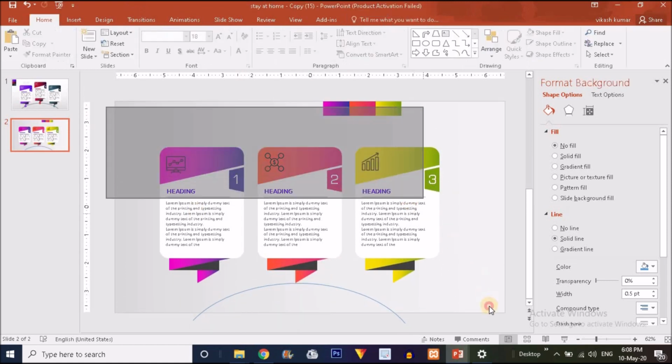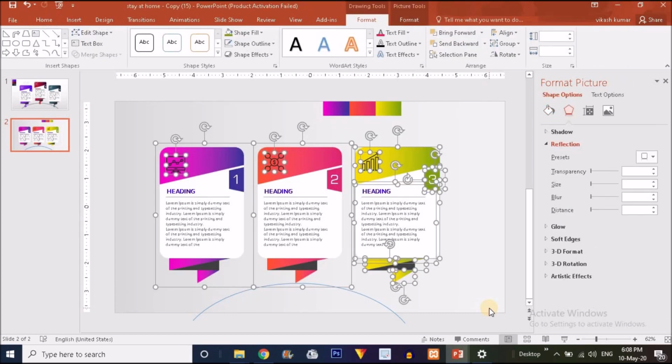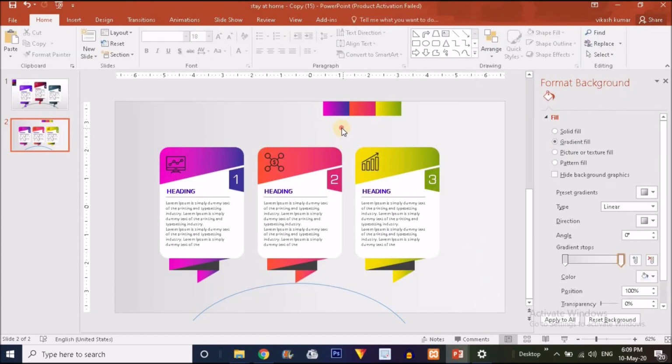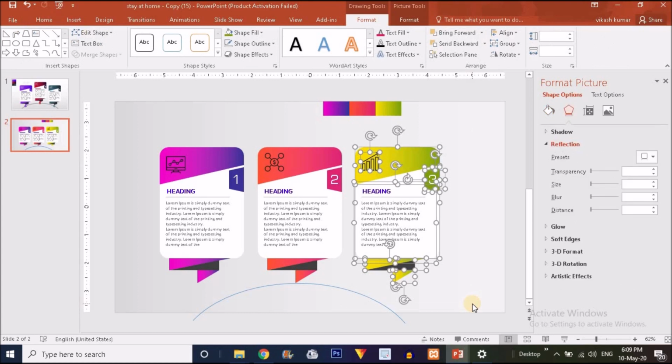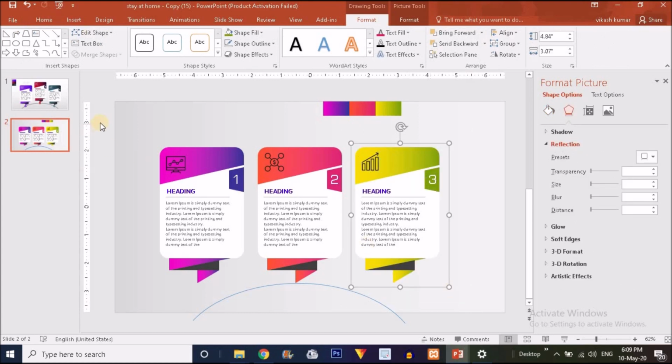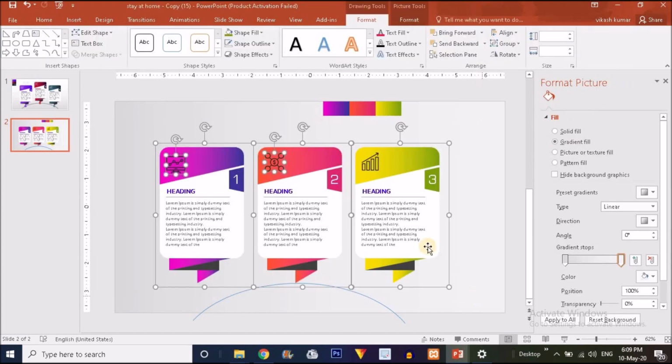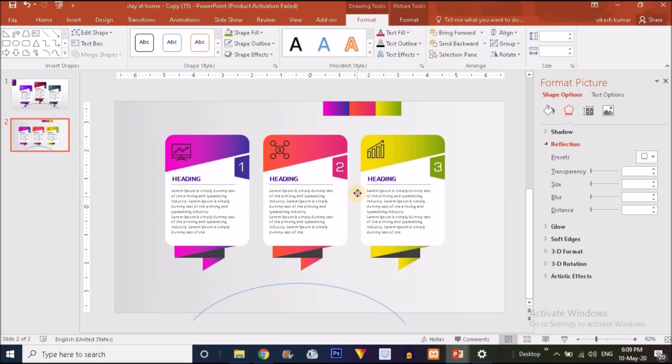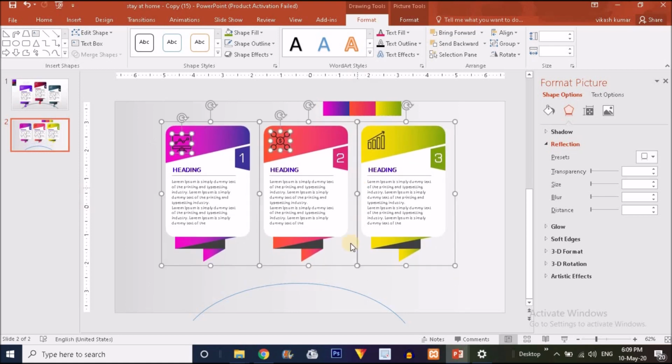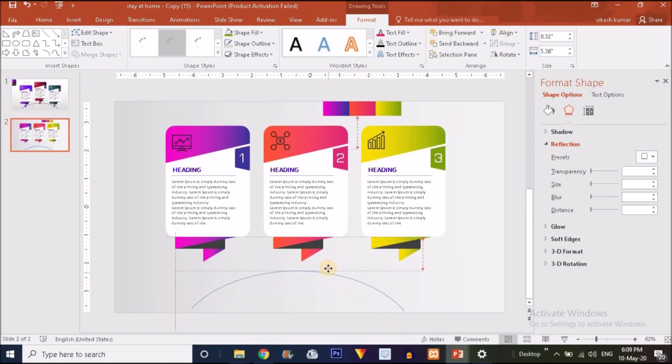And now choose all these three shapes. Before choosing, I'm just grouping it together by pressing Ctrl G from the keyboard, and now I'm selecting all these three shapes from here and putting it a little bit upper side on the top.